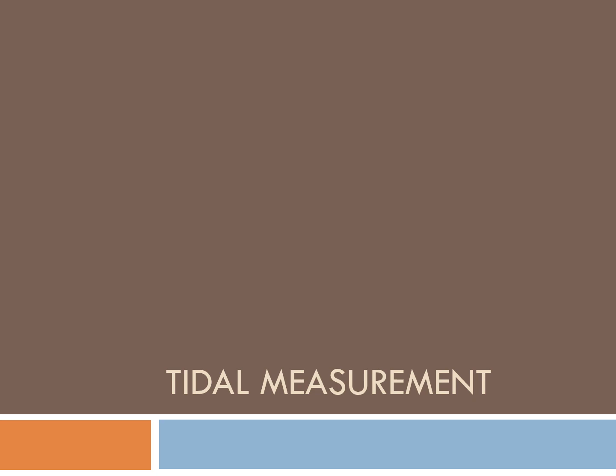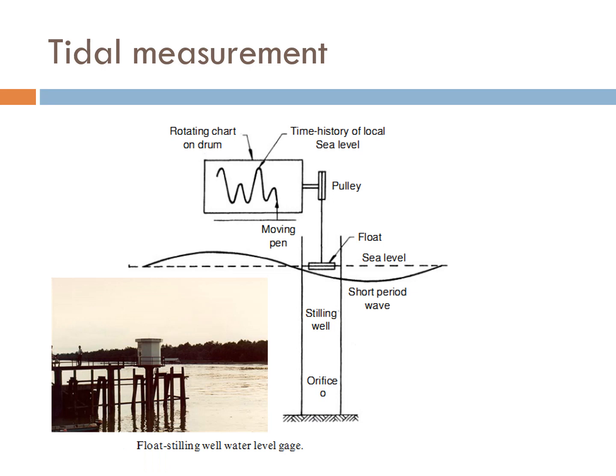Today we will begin with a new topic on coastal water level fluctuation. Tidal measurement in the coastal region is typically done using a float stilling well, which is made out of a vertical column with an orifice so that the water level inside the column is the same as the water level outside, whereas the inside is protected from wave action, the short period waves.